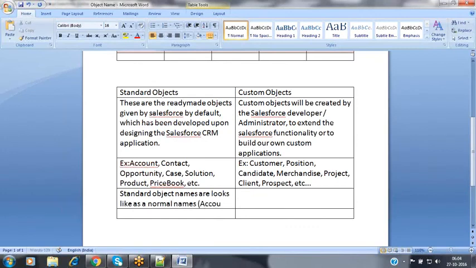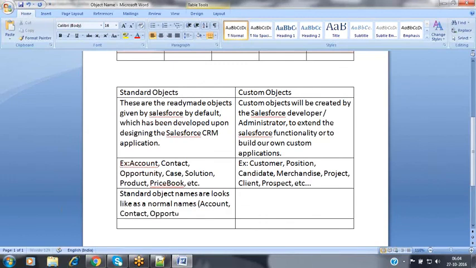Normal names means like account, contact, opportunity, etc. But the custom object names should be post-fixed with __c. Custom object name should be post-fixed with __c.